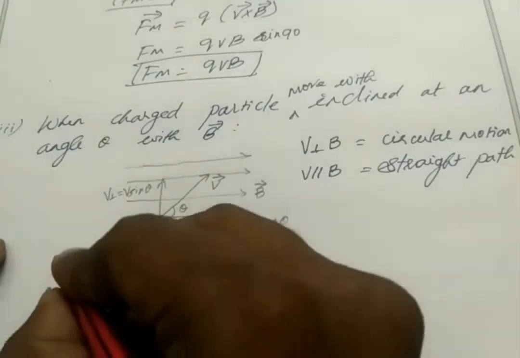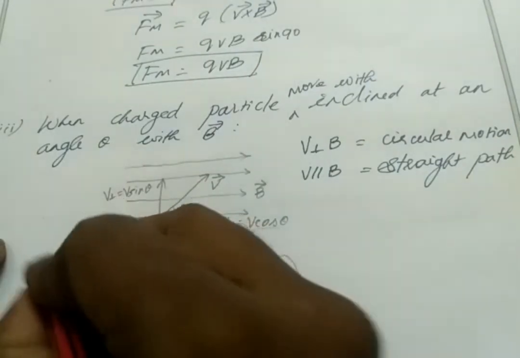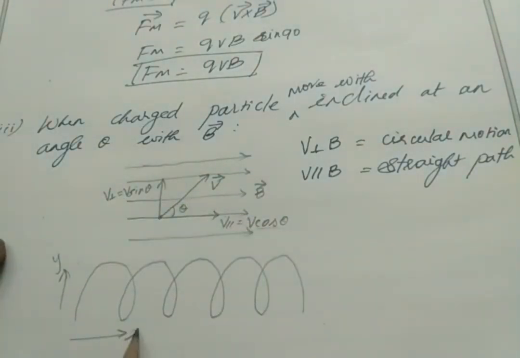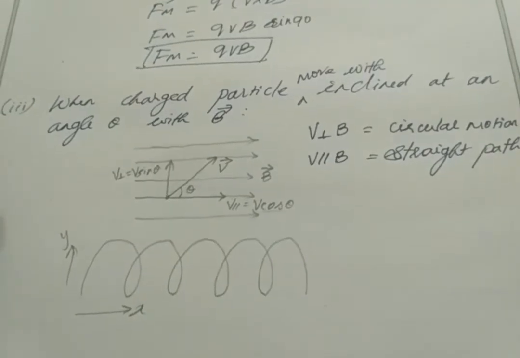So here I have y-axis movement, right, and here I have x-axis movement. So this is my resultant motion of the charged particle. Clear? So for the parallel component, my charge is moving in the x-axis, in a straight line. For the perpendicular component, it forms a circle, it moves in the y-axis. Okay, so for this helix we have some center, so it forms a circular shape with this center.